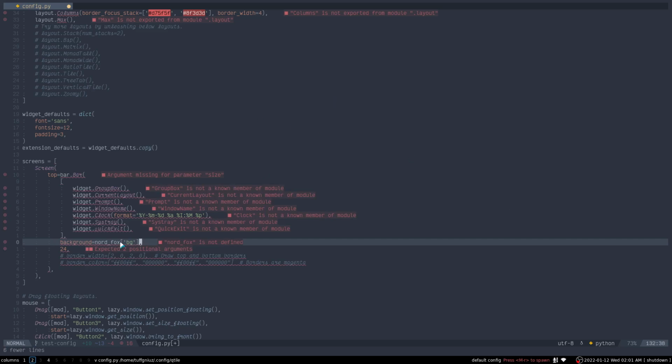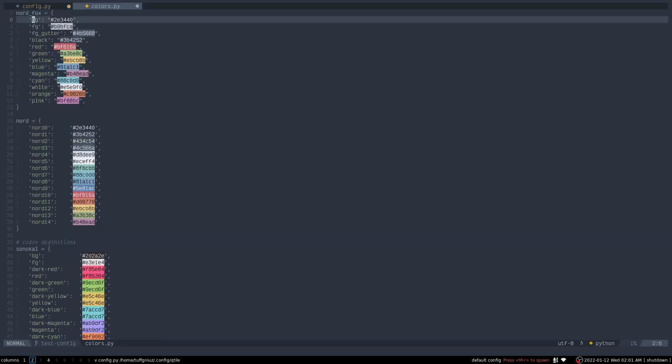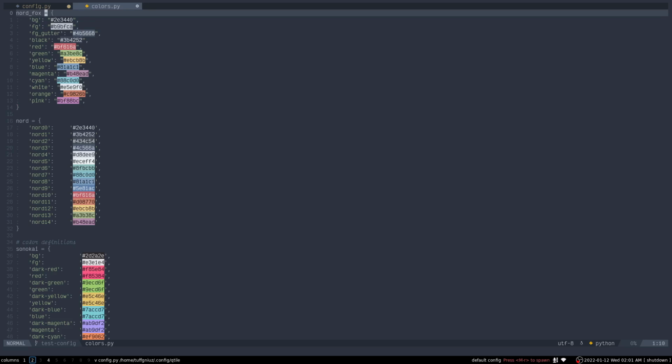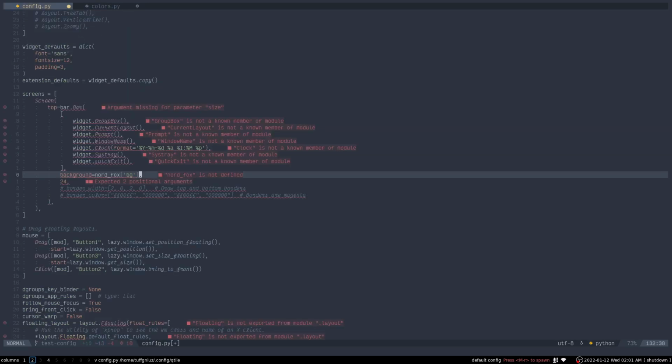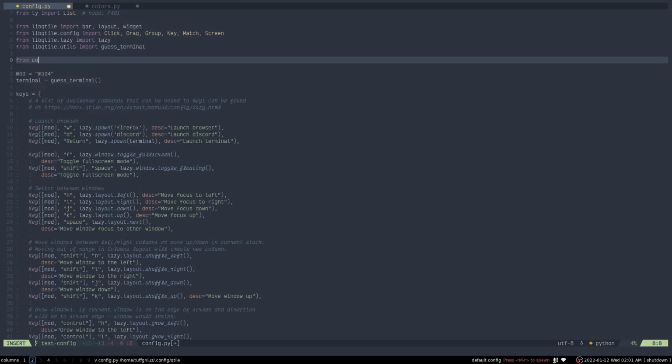And the way I use colors throughout Qtile, because this is using Python, you can create dictionaries to basically have this key value pair of the key color name and then the hexadecimal value of the color. So this is my North Fox dictionary with colors for North Fox. And then we actually also need to import it right here. So from colors import North Fox